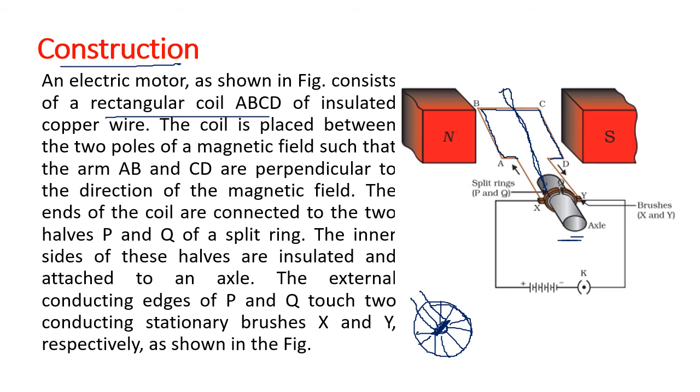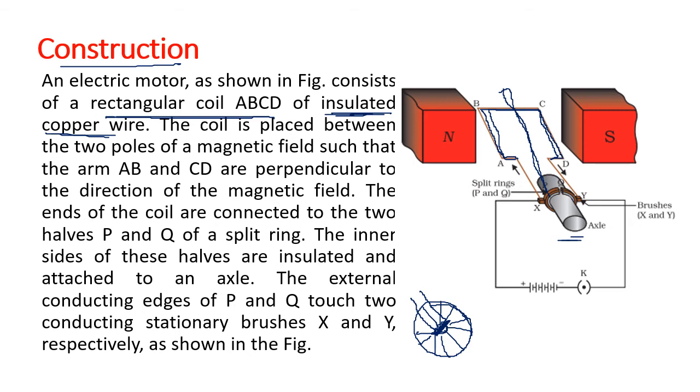So just now we first see the rectangular coil ABCD. It is made up of an insulated copper wire. The word insulated is very important. If you do not insulate it, then there will be a short circuit among the coils. So it should be insulated, with an insulating cover coating. So we have got a coil ABCD. In the diagram only one is shown.